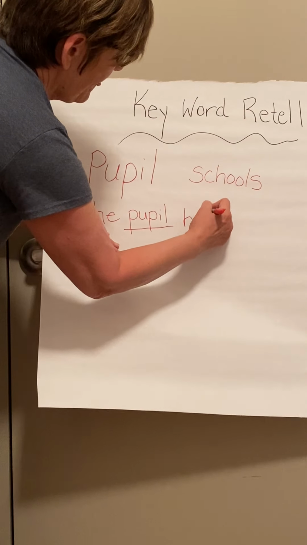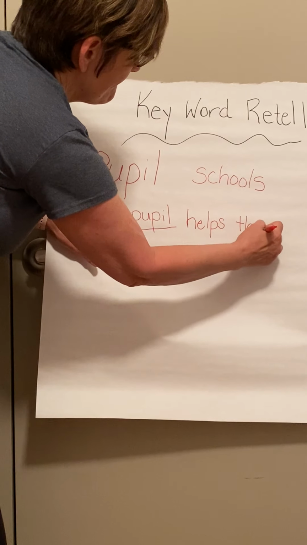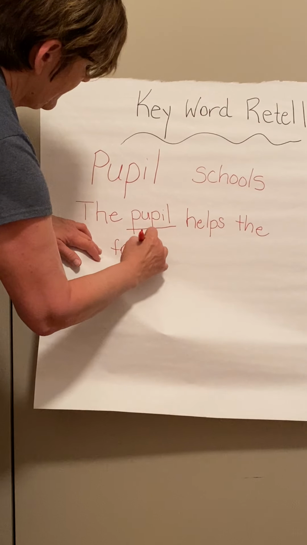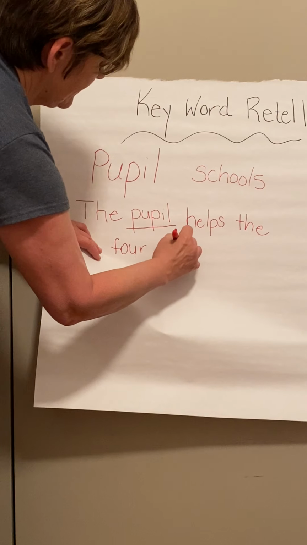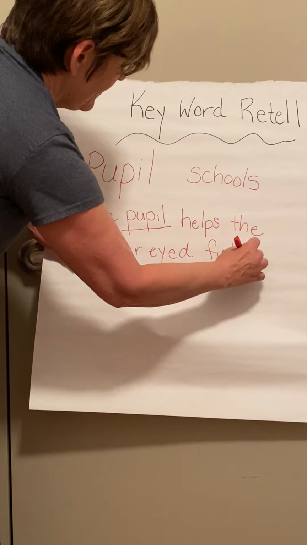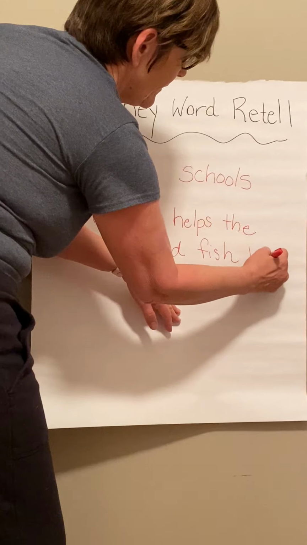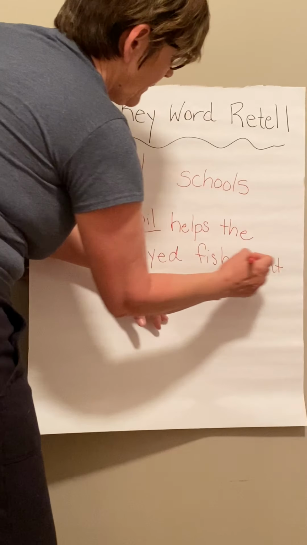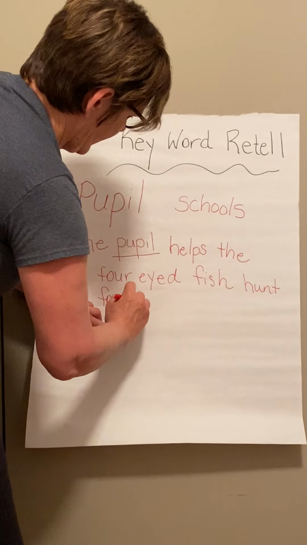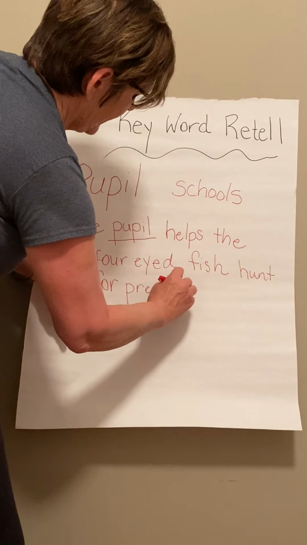The pupil helps the four-eyed fish do what? Hunt, or, let's use a really good word that we know, prey below the water